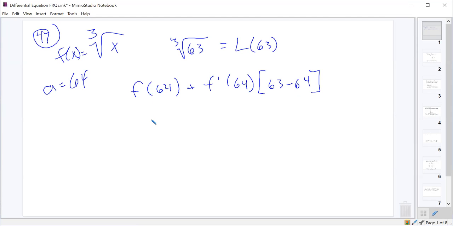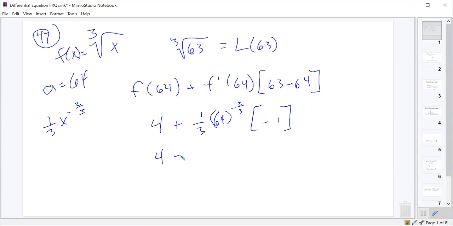And so f of 64 is 4. F prime, if f is cube root of x, that should be 1/3 x to the negative 2/3. And so we'll end up with 1/3 of 64 to the negative 2/3, which we'll evaluate in a second, times -1. And this gives us 4, and then 64 to the negative 2/3 drops to 64 to the 2/3 in the denominator. The cube root of 64 is 4, squared is 16,